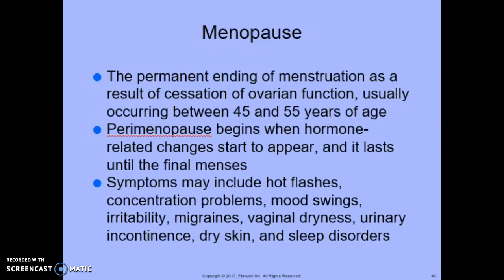Menopause is the permanent ending of menstruation as a result of cessation of ovarian function, usually occurring between 45 and 55 years of age. There's perimenopause, which begins when hormone-related changes start to appear, and it lasts until the final menses. Symptoms may include hot flashes, concentration problems, mood swings, irritability, migraines, vaginal dryness, urinary incontinence, dry skin, and